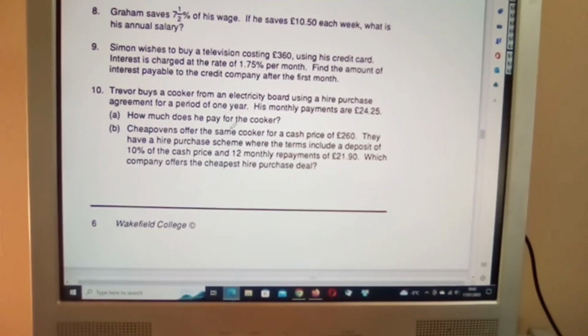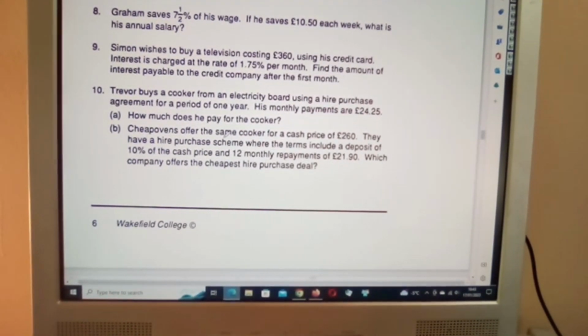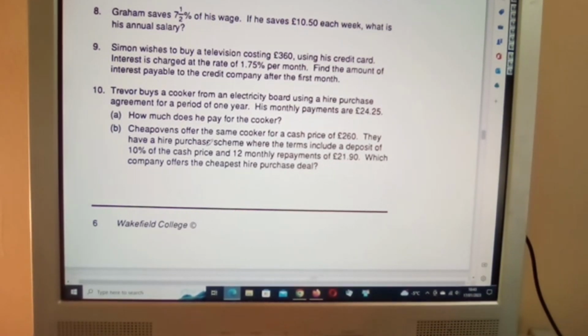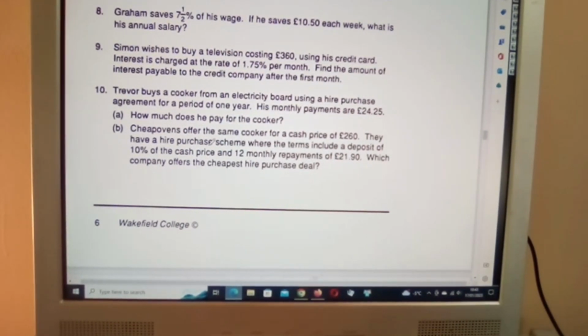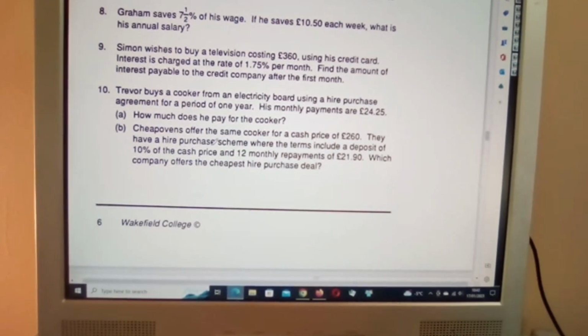Okay, and you should be able to do it for yourselves now. Trevor buys a cooker from an electricity board using a hire purchase agreement, period of 1 year. His monthly payments are